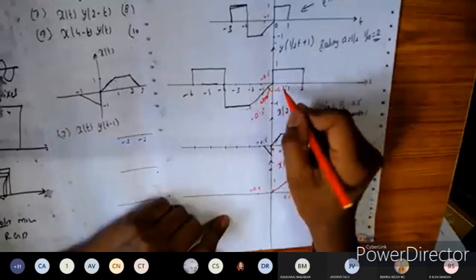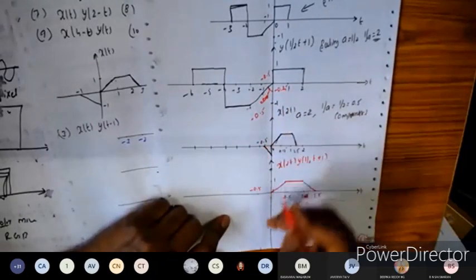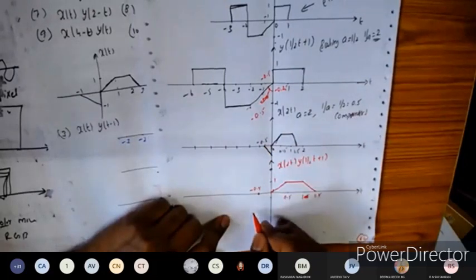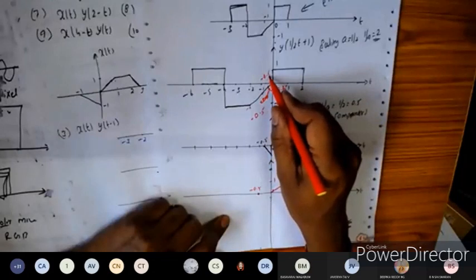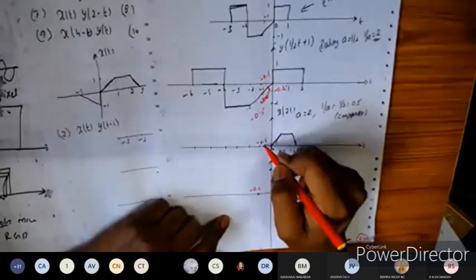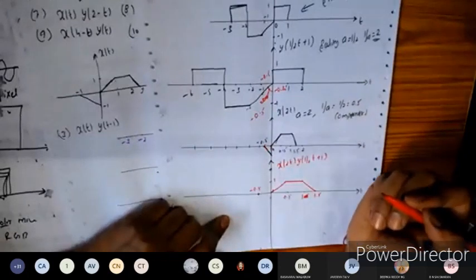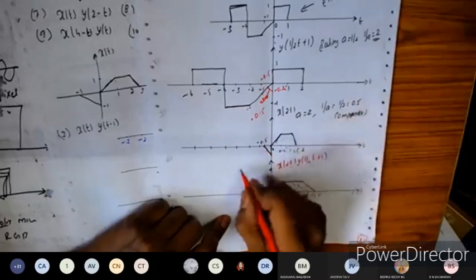Okay, so we'll get like this. Minus 2.5 multiplied with the 0, so this will become 0 only. At minus 0.5, the amplitude is minus 0.25. Minus 2.5 multiplied with 0, it will be 0 that we'll get here. Done. Next, let us come to the next axis, which is 0.25 here.